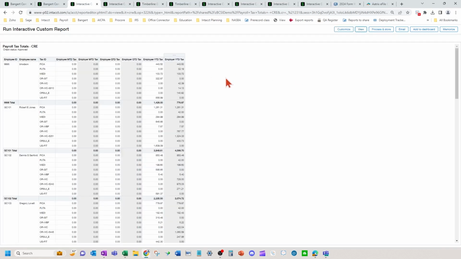If you run these before your first payroll in the next year, your year-to-date amounts here can help tie out to your W-3, okay? But your taxable earnings aren't on here. So if you just want to tie the tax out, this is definitely a good report to use. Again, just make sure you're in the right period when you're running these reports so you get the correct year or quarter or month, for example, okay?